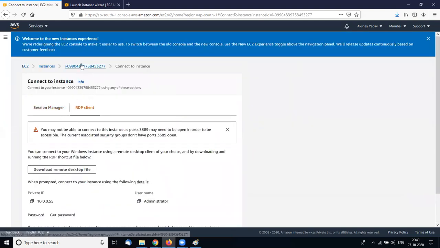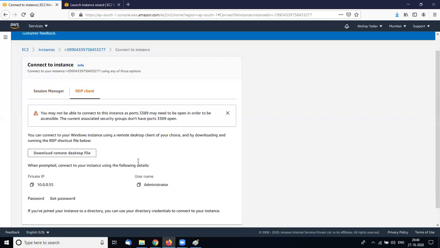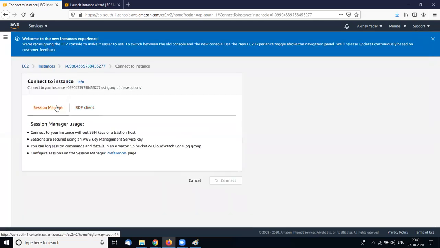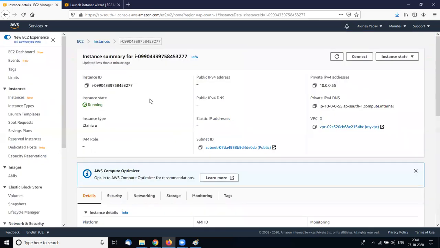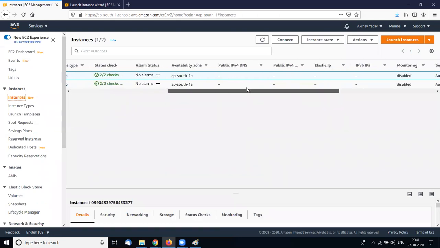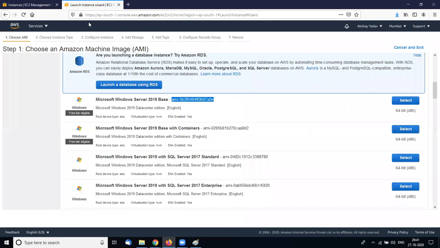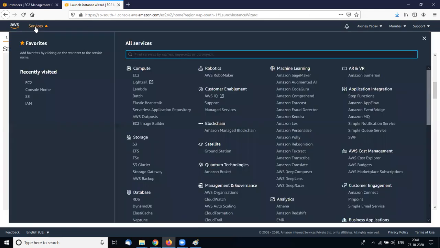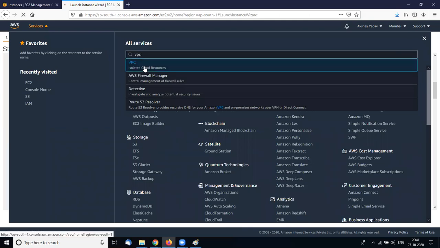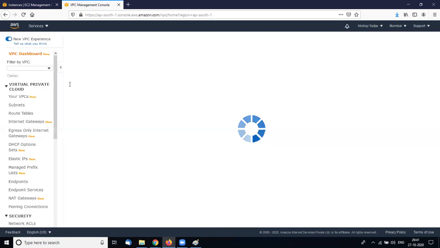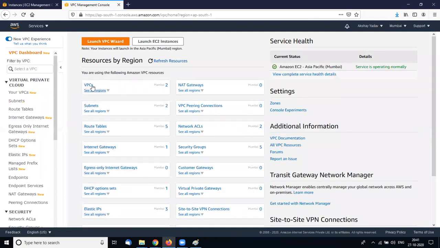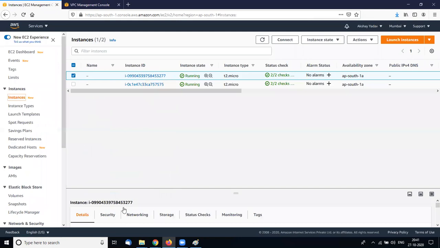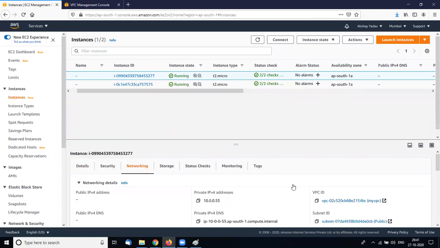I think I created it in my private IP section. So I need to do the public, no, IP. I need to go into my VPC. The network is there.